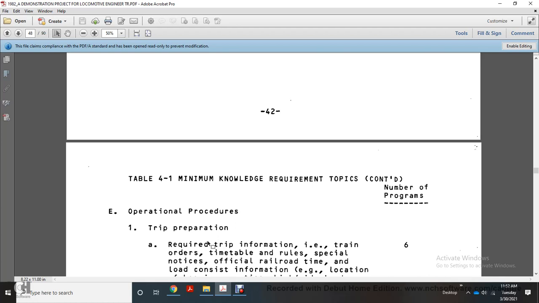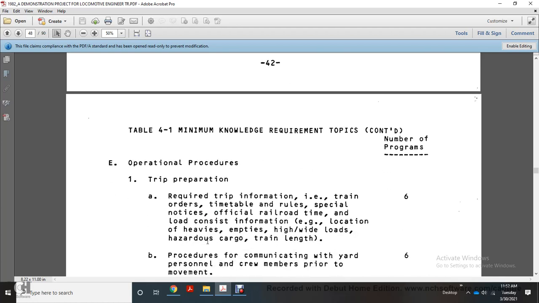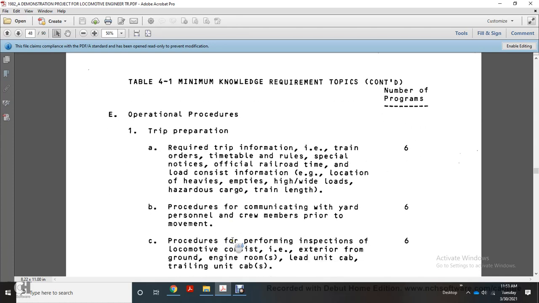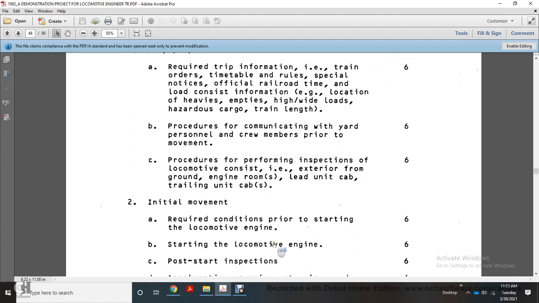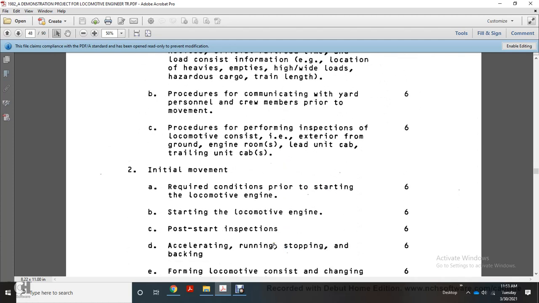The operational procedure for trip preparation requires trip information: train orders, timetable, rules, special notes, official railroad time, load consist information, location, heavy, empties, high and wide loads, hazardous cargo, train length; procedure for communication with the yard and personnel, with the crew members prior to movement; procedure for performing inspection of locomotive consists: exterior from the ground, engine room, lead unit cab, trailing unit cab; initial movement, required conditions prior to starting the locomotive engine, starting the locomotive engine,